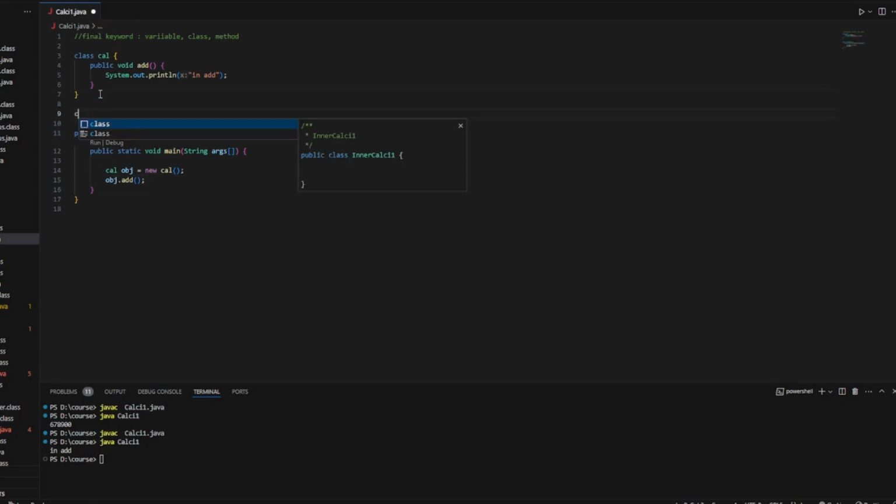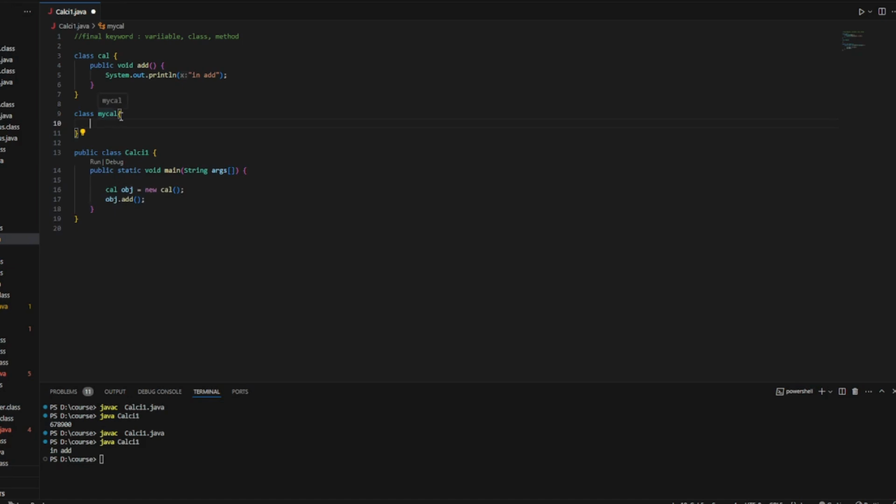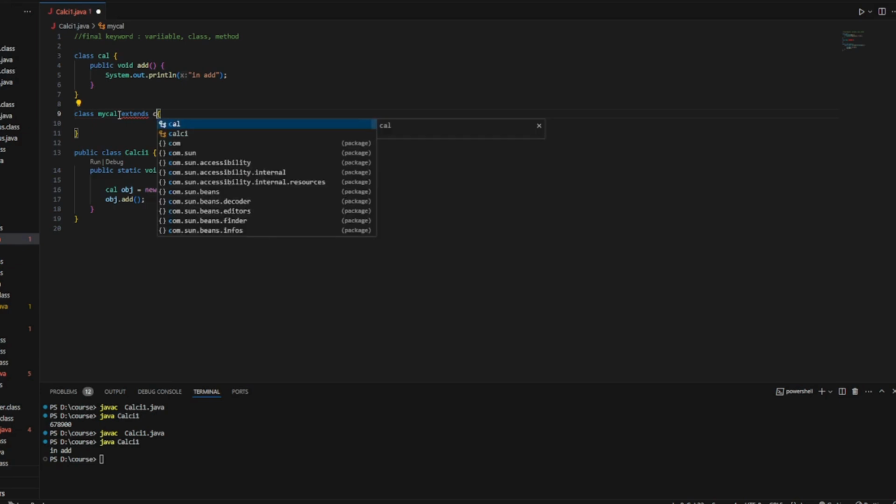Now what happens is someone else, yes, anyone can try to extend any class, right? Now someone else can try to extend my class, this calculator class, as his own my calc, like they'll be using extends Calc.